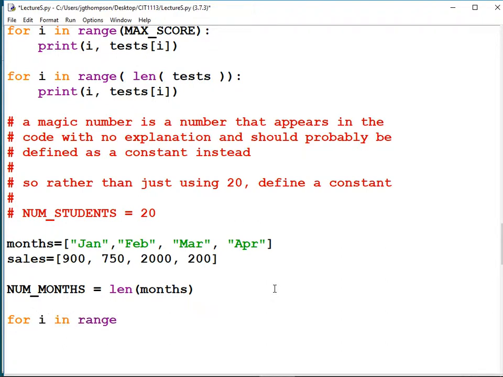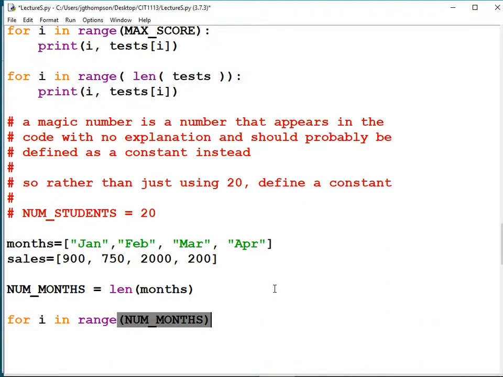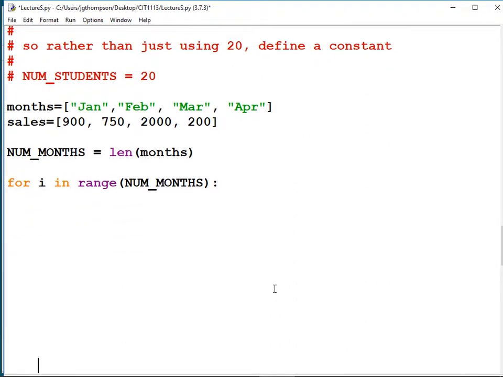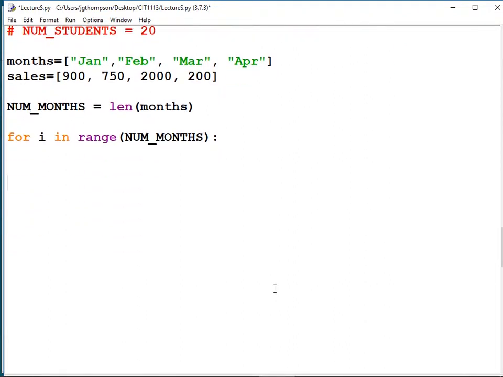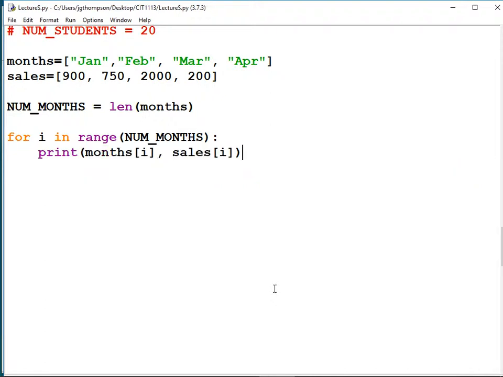So for i in range, num underscore months, in parentheses, colon. Print months subscript i, in subscript, comma, sales subscript i, in subscript.